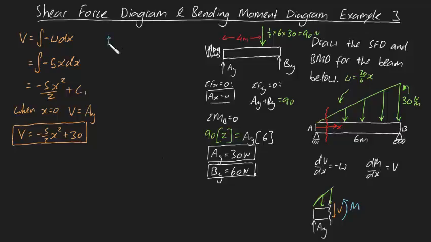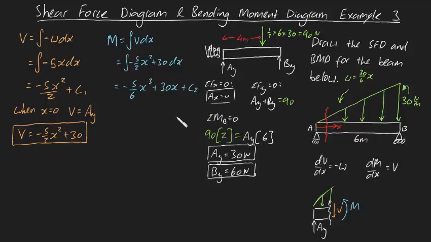We know that our moment is going to be equal to the integral of V dx. Well, we know what V is as a function of x. We just found it, so let's plug that in here. This is going to be equal to the integral of minus 5/2 x squared plus 30 dx. This turns into pure integration. This will be minus 5/2 times 3, which is 6, x cubed plus 30x plus another integration constant,